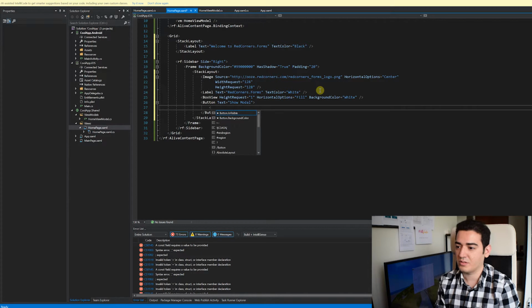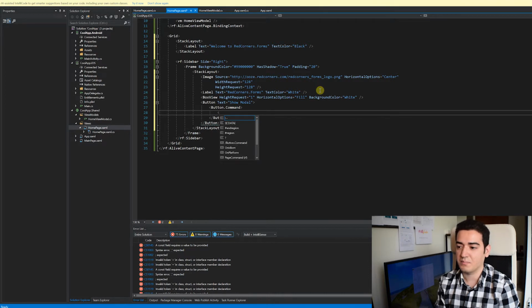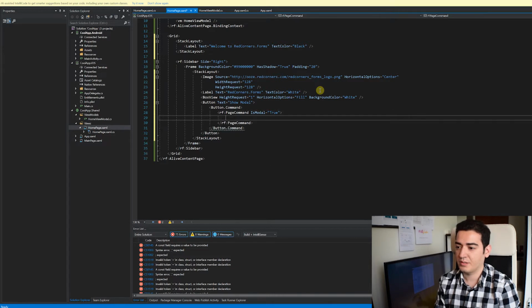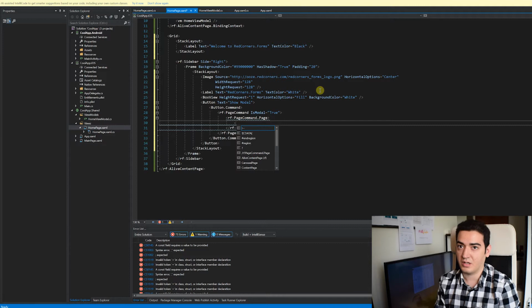So let's set the button's command, and then we can use the page command that comes with RedCorners.Forms to open a modal page. Is modal equals true, and then we define the contents of this page. So page command, the page is another AliveContentPage